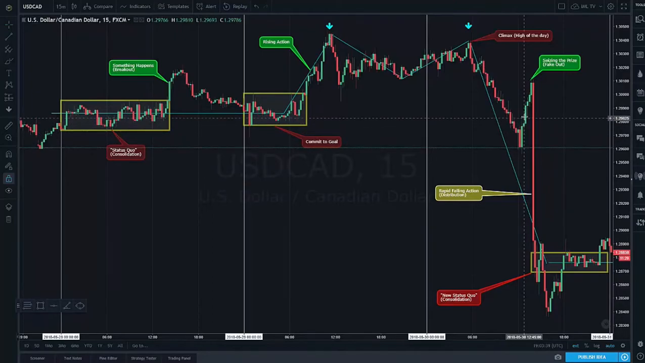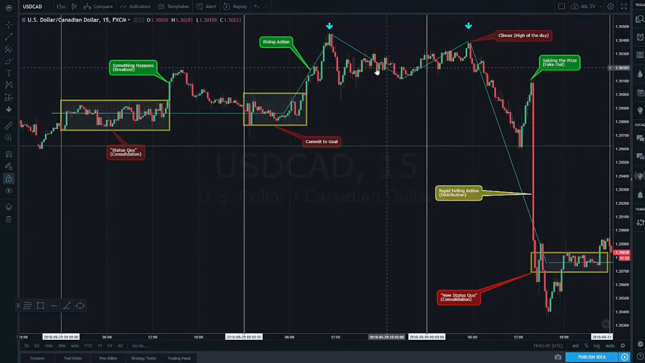Price went in their favor, 30, 40, 50 pips if they bought in on this retracement. Price maybe brought you back to break even if you were sitting in this trade waiting and waiting for days, and your target had exceeded the high of this story. But then when we get that distribution, the rapid falling action, and a new status quo is created,